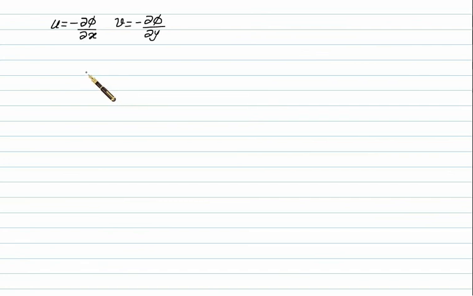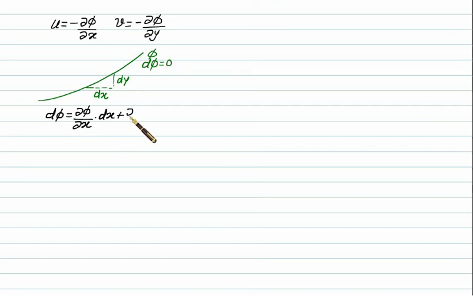We have the velocity potential. If we differentiate with respect to x, it will give the velocity u, and if we differentiate the velocity potential phi with respect to y, we get the velocity v. Suppose this line indicates a constant velocity potential phi, then d phi will be equal to 0. That is, the total derivative of the velocity potential equals 0, and in this case the slope is given by dy by dx. So we have the total derivative of phi as del phi by del x into dx plus del phi by del y into dy.